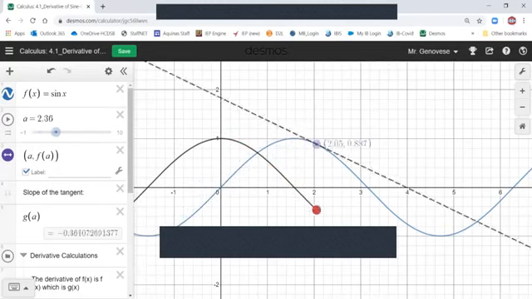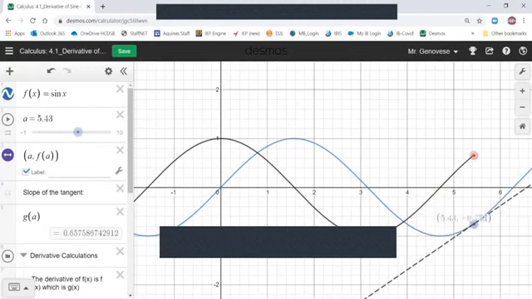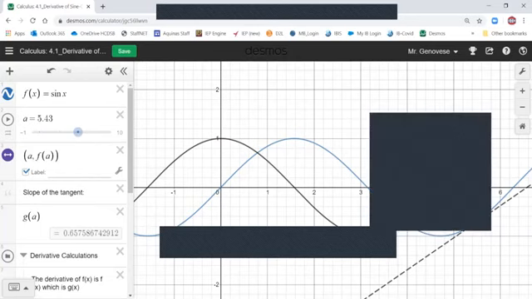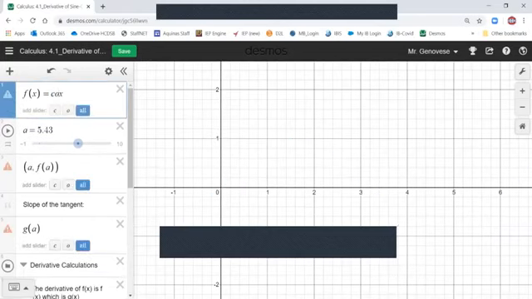And as we just sweep through the rest of this, the graph that is created here, as you can see, mirrors exactly a cosine graph. Okay, so you get exactly a cosine graph there. So the derivative of sine x is cos x. And if we change the function to cos x,